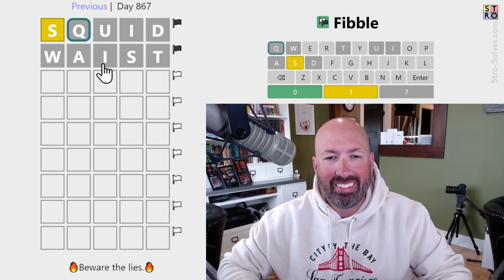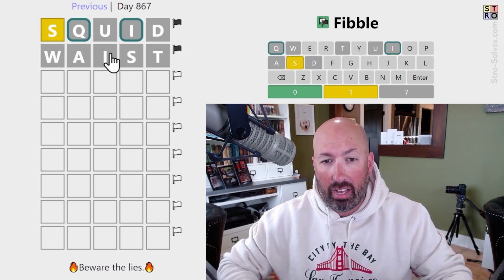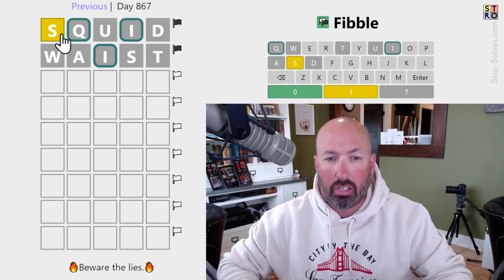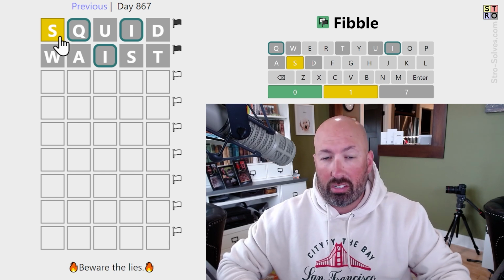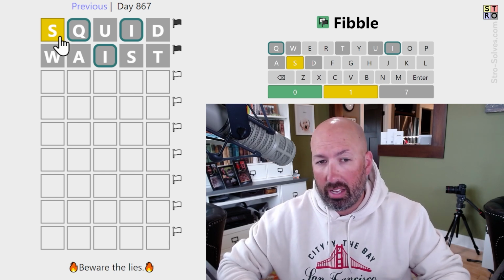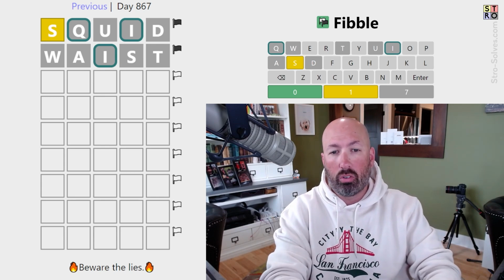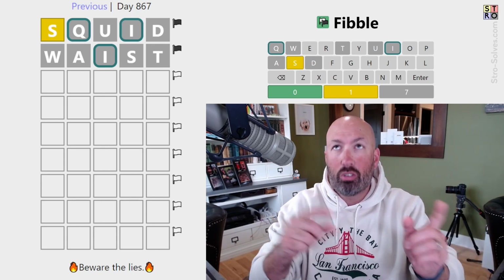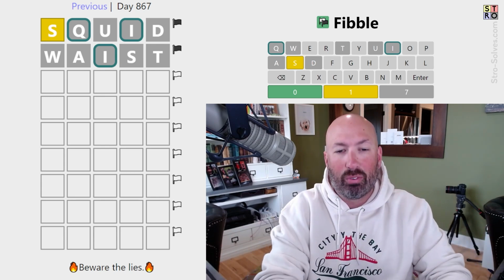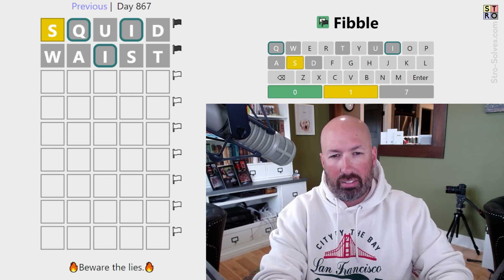So one of the two S's is a lie, so we know the I is true, because whichever of these two S's is a lie, they could both be lies, but at least one of them is a lie. And whichever one is a lie, on that row, everything else will be true. So one of the two gray I's is true. One of the two gray I's is true, therefore they're both true. All right, so